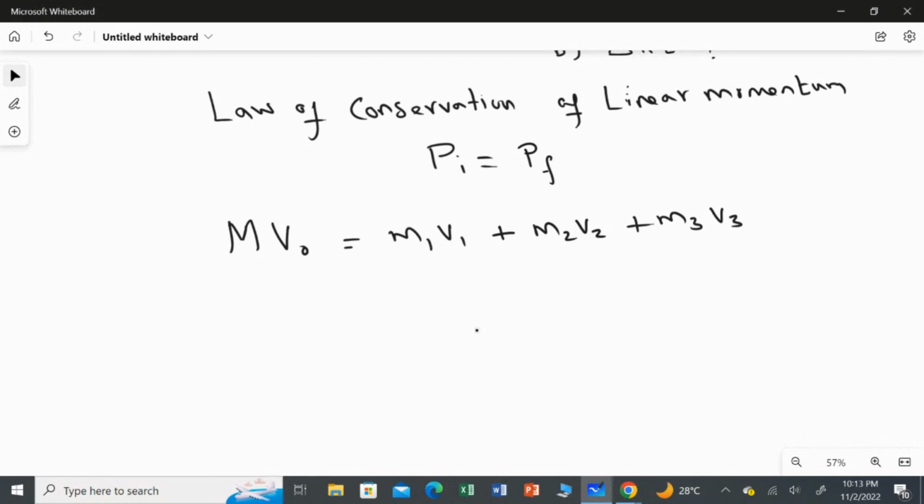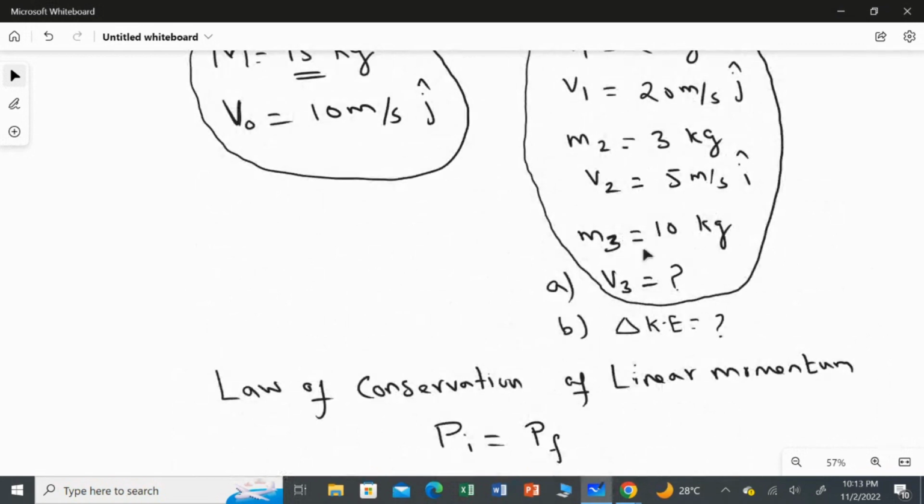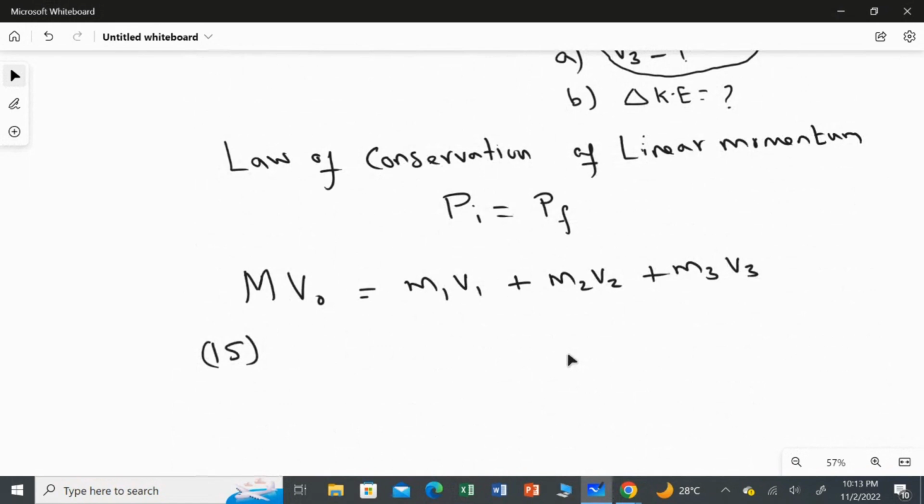What is the biggest mass? The total mass of the object before explosion is 15 kilogram. So 15 kilogram multiplied by the speed. The speed of the initial object is 10 meter per second, right? But it is in the j cap, the y-axis. So 15 multiplied by 10 j cap, and the unit for the mass is kilogram, and the unit for this 10 is meter per second,